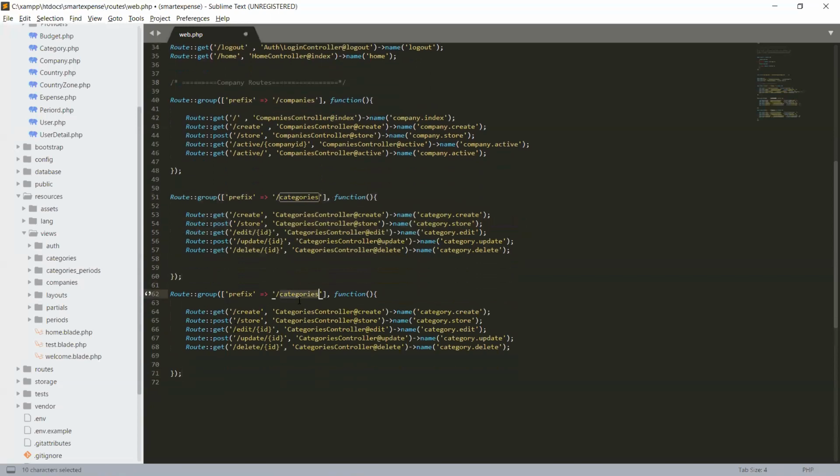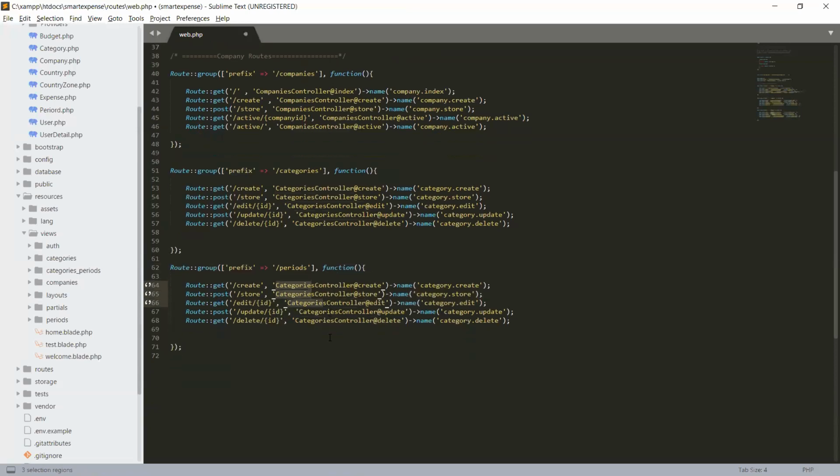So the group will now be periods, and it will be the same routes, but the controller will be changed. Control D to select the next one, and we will change it to periods controller.